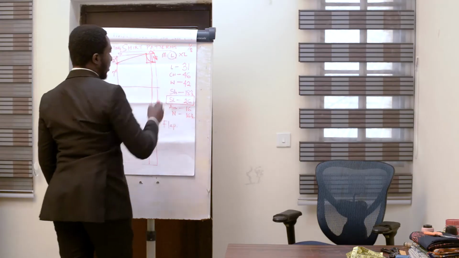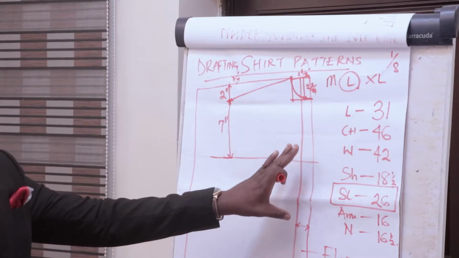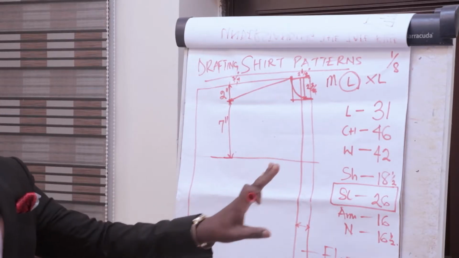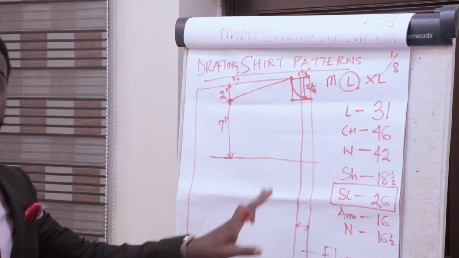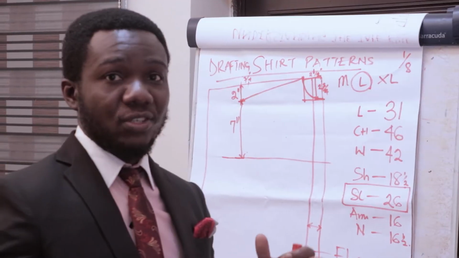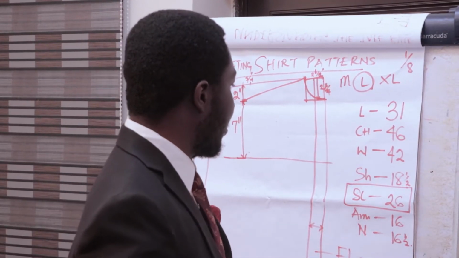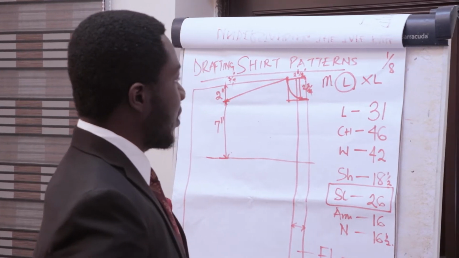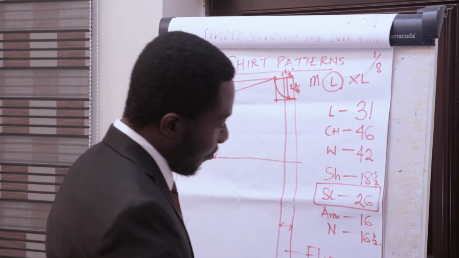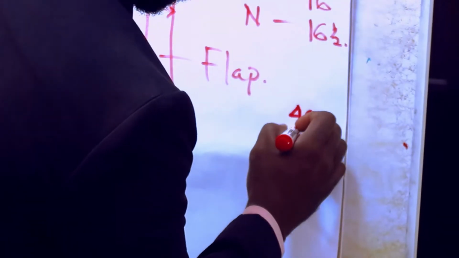The first point is useful in this area when you are cutting shirts, when you are cutting native tops. But when you are cutting a t-shirt, it's not useful, because that is divided into 2. The chest is divided into 2 and not into 4. So for example, in this case, I'm trying to achieve 46 inches. So 46 divided by 4, what does that give me? That gives me about, let me see,